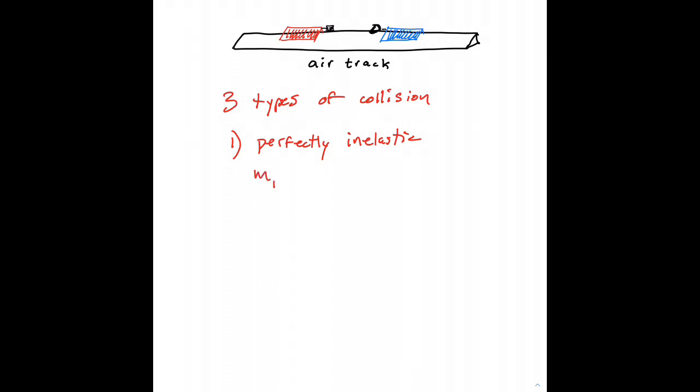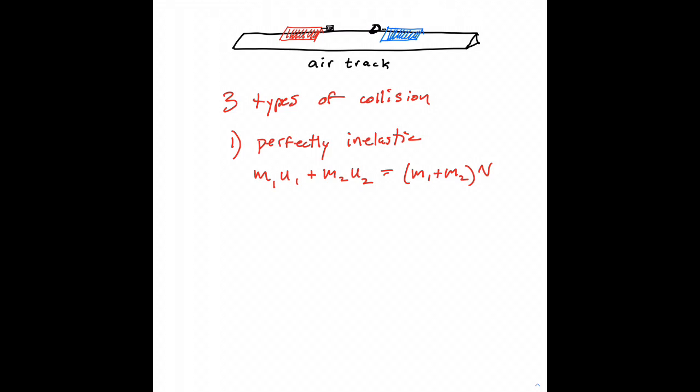that says the momentum of object number 1 combined with the momentum of object number 2 added together prior to the collision has to equal the final momentum of the two objects that are stuck together after the collision. So when we add the two masses together and multiply it by the final velocity, we calculate the overall final